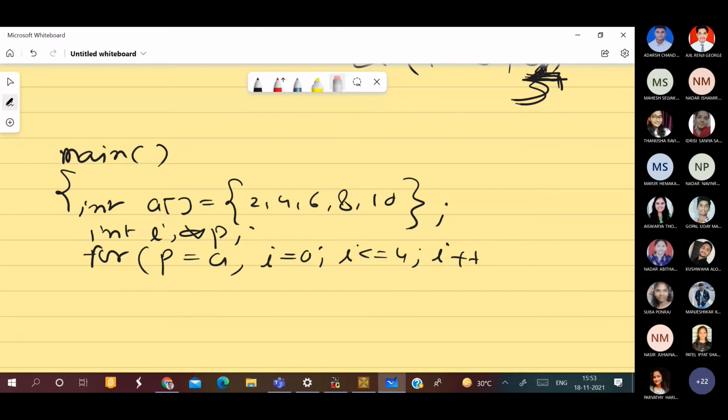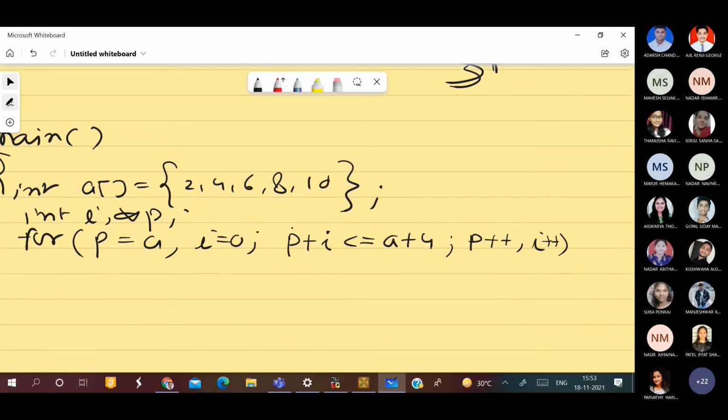I'll change my statement here. I is equal to 0, comma, P plus I is less or is equal to A plus 4, semicolon, P plus plus, comma, I plus plus.